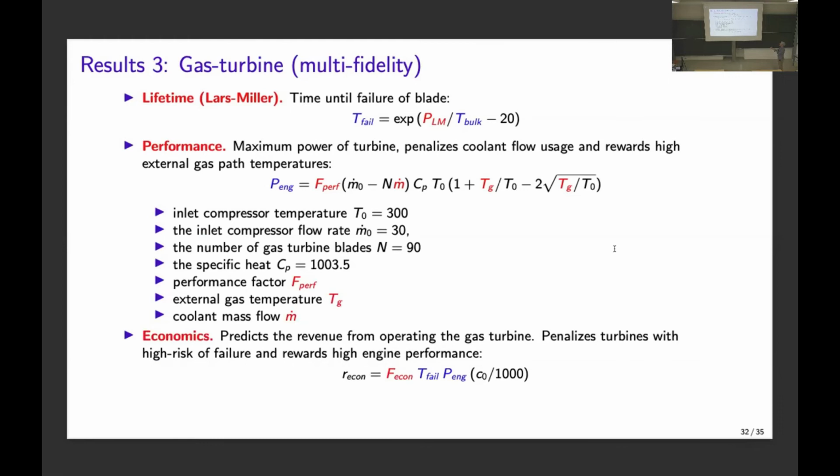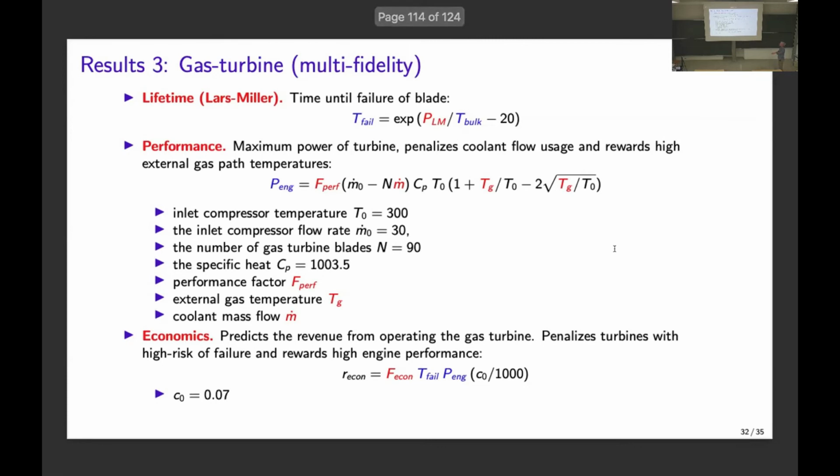So the lifetime gets the bulk from the PDE and outputs failure time. Failure time goes into here. This performance model gets a bunch of random inputs and gets as output P, the performance. It feeds into this, and this is the final formula. So I have one PDE and a bunch of algebraic models.